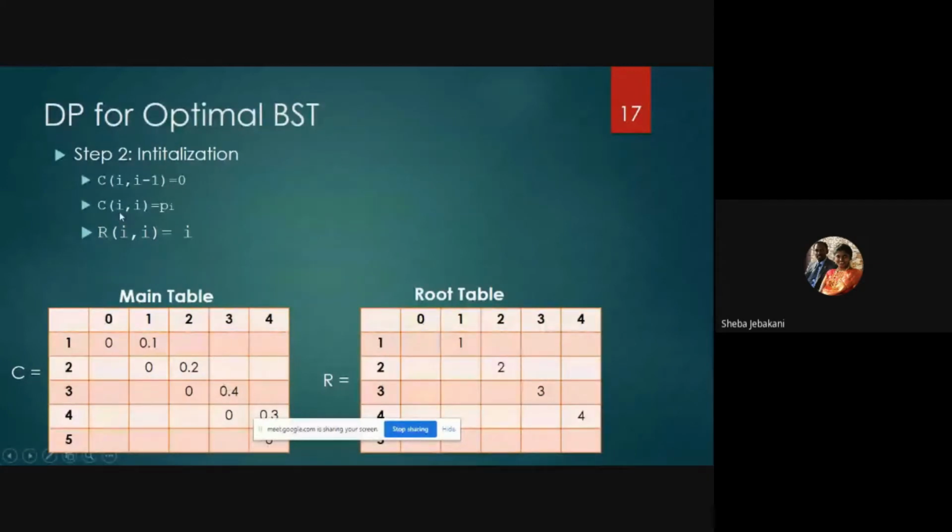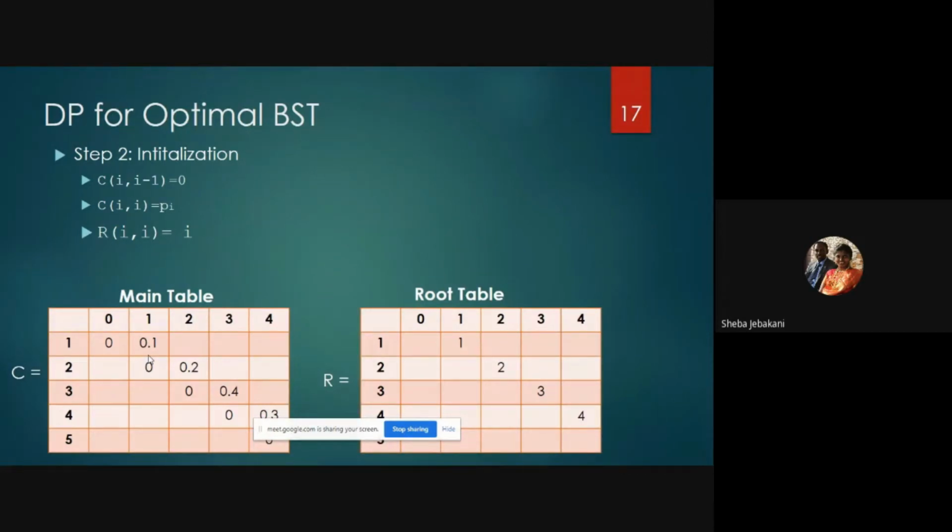And C of i comma i, we are basically making that the probability value. So you have 1 comma 1 as 0.1, 2 comma 2 as 0.2, 3 comma 3 as 0.4, and 4 comma 4 as 0.3. You may ask why we are doing it like this. When you're taking the same node, 1 to 1, there are no intermediate nodes, so there are no more comparisons that you need.